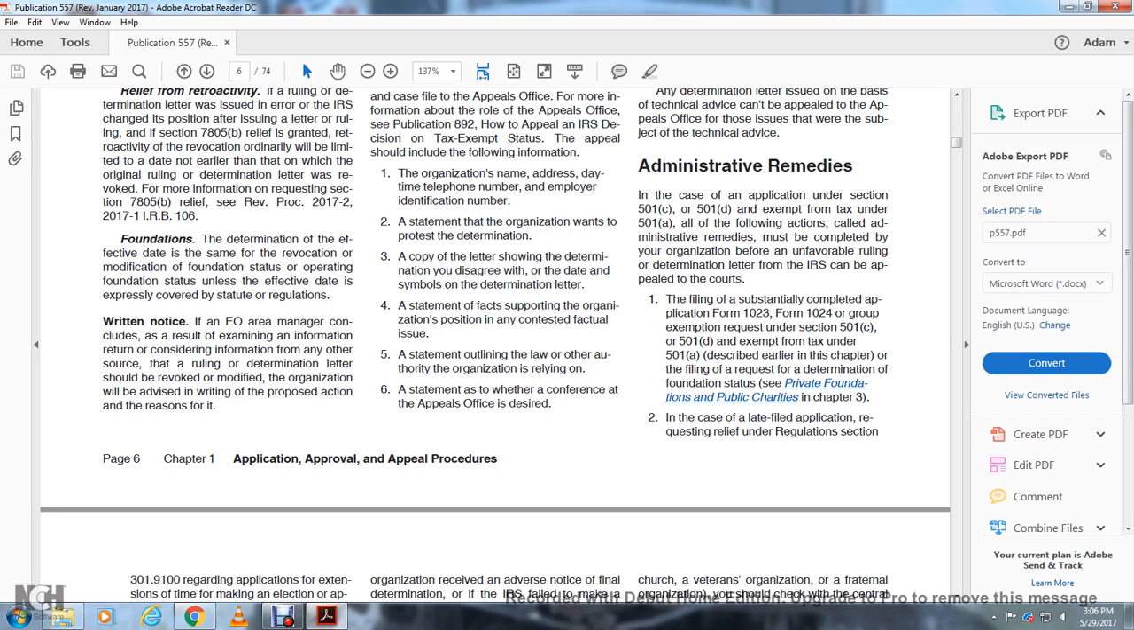One, substantially complete the application Form 1023 or 1024, or group exemption request under 501(c) or 501(d), exempt from tax under 501(a), describing either the chapter of the following requested determination found in stage status, private foundation, public charity. See Chapter 3. Two, in the case of